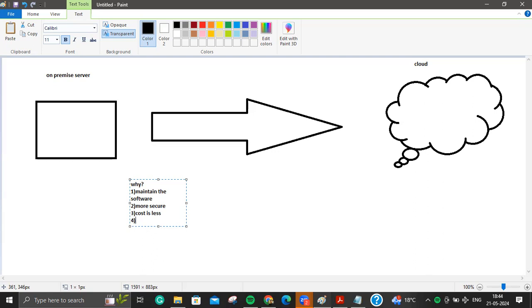Okay. So let's try to think about this in very layman terms. Suppose I, as a user, used to use CDs, DVDs, and pen drives in my old days. I do have many pen drives even now, but I don't use them. Why? Because I have a Netflix or Hotstar subscription where I can go and watch movies.